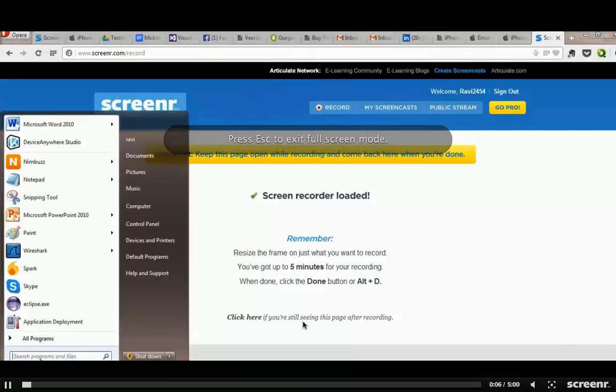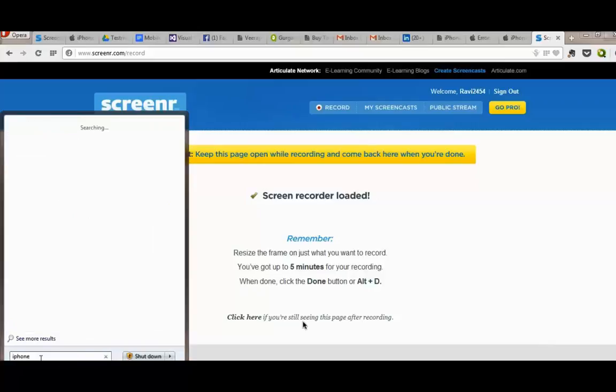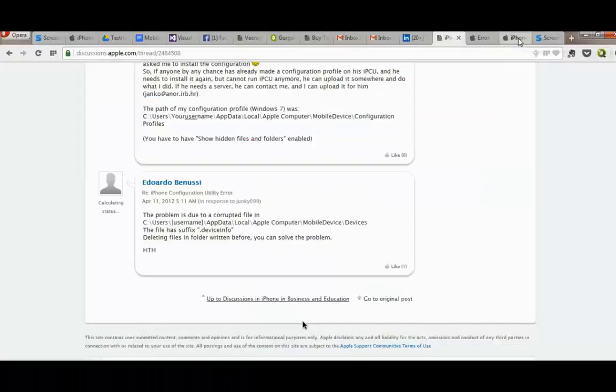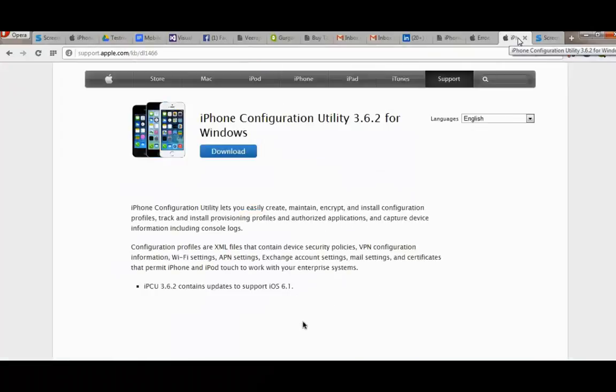I go there, I type in my run window or my program search, type iPhone, and I get my iPhone Configuration Utility. It will look like that, and you don't have that until you install it. This is a screen capture from my Windows machine, because I have a Windows machine. And this is how it goes: